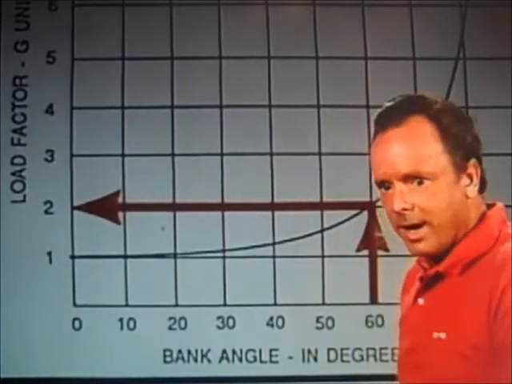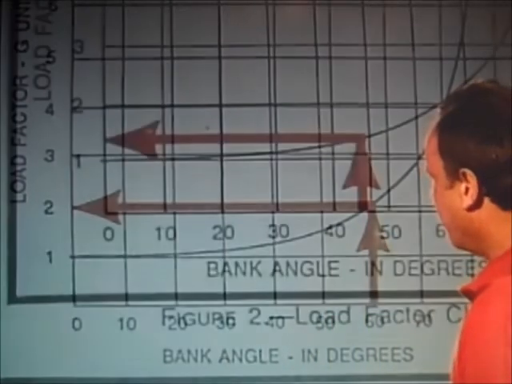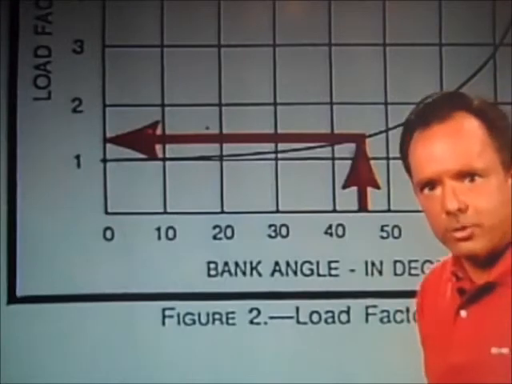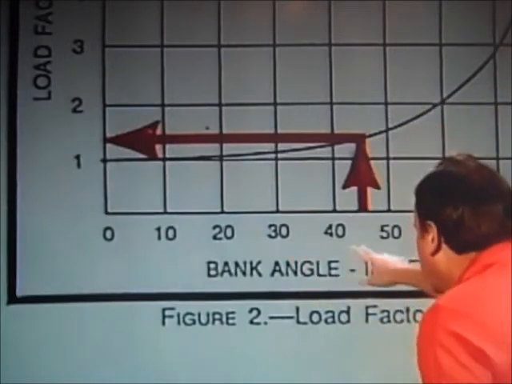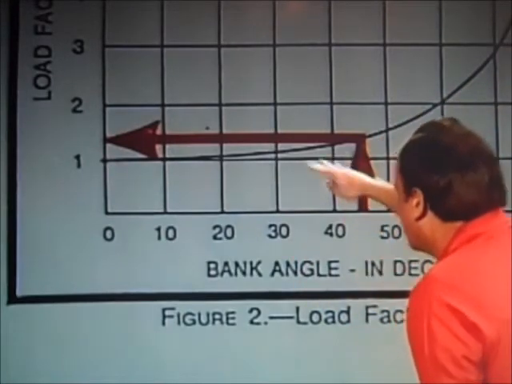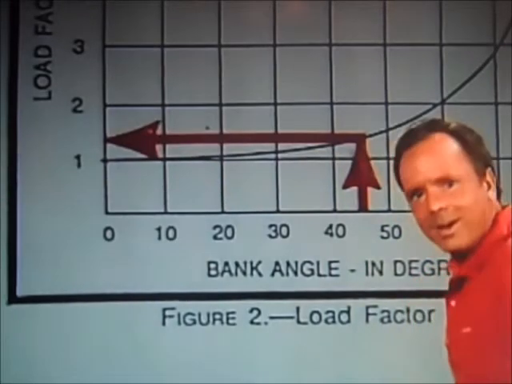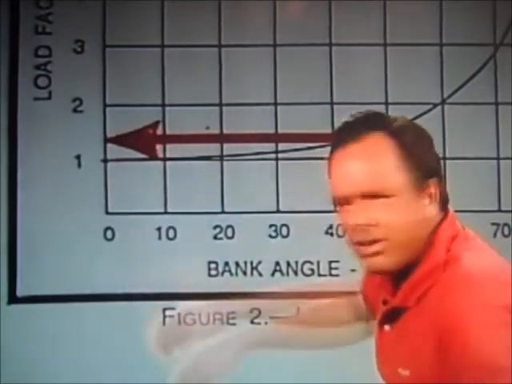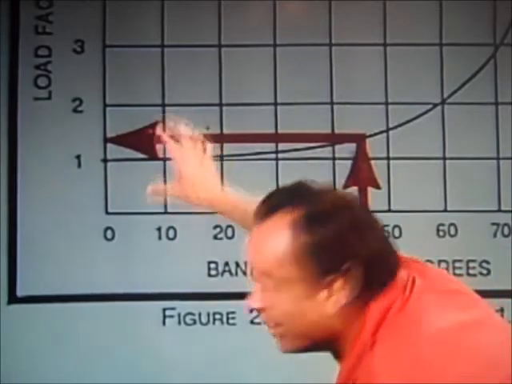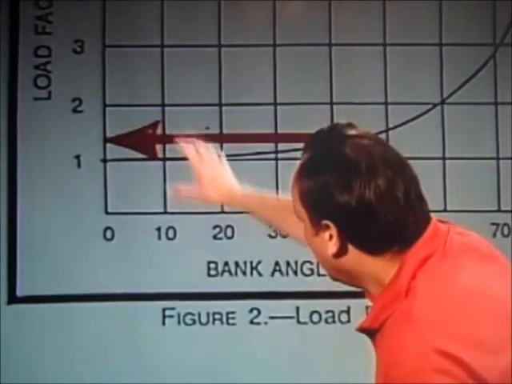This time, they're going to have an airplane in a 45-degree bank. So let's take a look at this airplane in a 45-degree bank. We're taking a look at figure 2, by the way. So you start down here at 45 degrees, read up to the curved load factor line, stop and make a dot, and read off the left. If I look at that very carefully, I'm going to say we've got about 1.4 G's on the airplane. So now let's take an airplane that weighs 4,500 pounds,